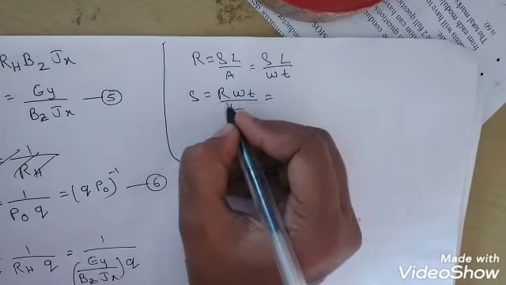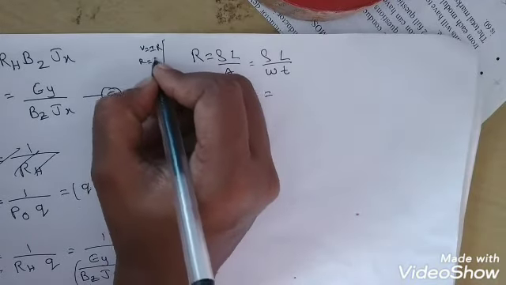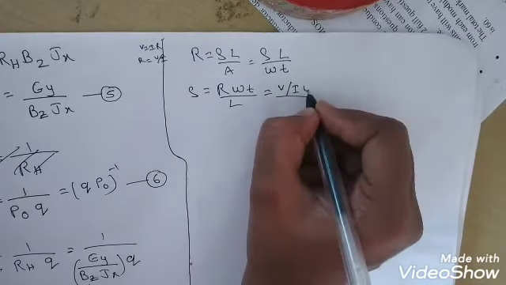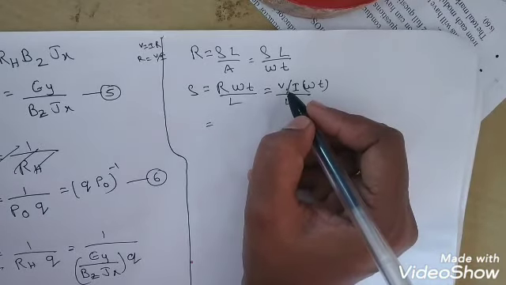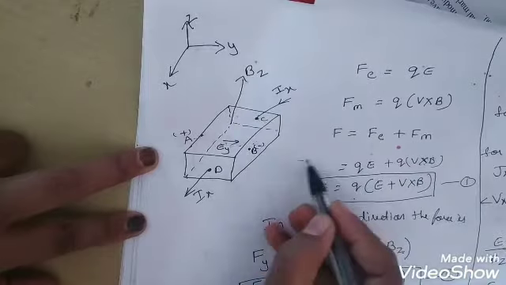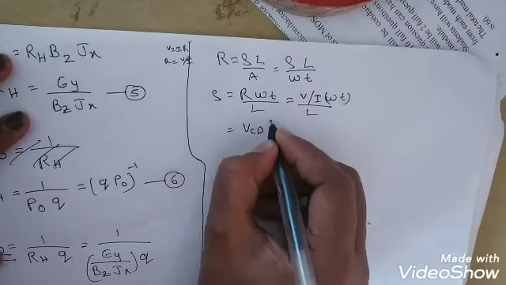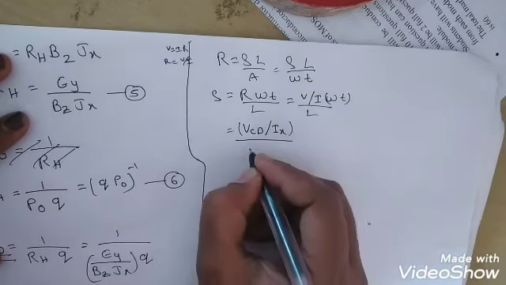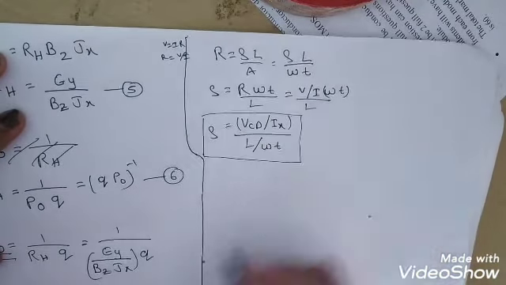Here R is the resistance, and from Ohm's law we know V equals IR, so R can be written as V by I. So rho equals V by I into W t by L. The V we need to take is because of the applied electric field, that is, the applied electric field between the points C and D in the figure. This is the external electric field we are applying to the semiconductor material, so we consider V_CD by I_x along the X direction, multiplied by W t divided by L. So I can rewrite this equation as follows, and call it equation number 8.